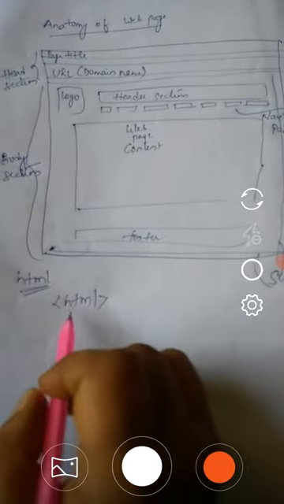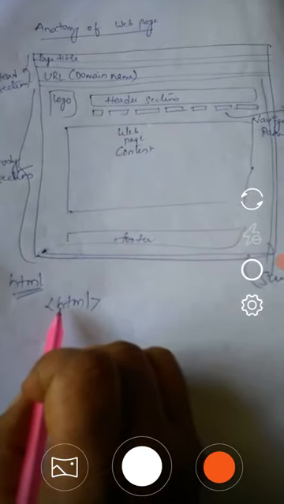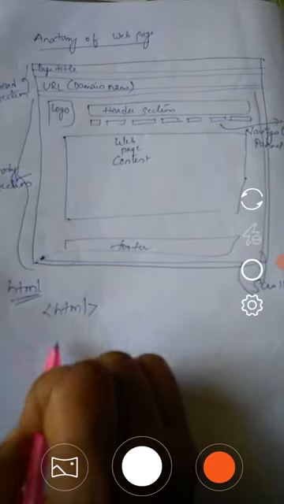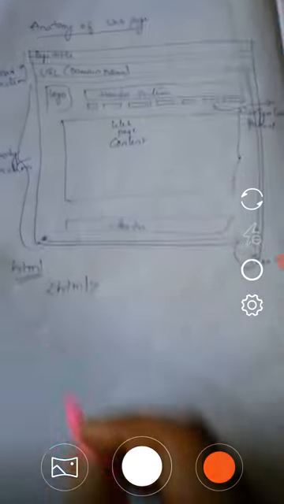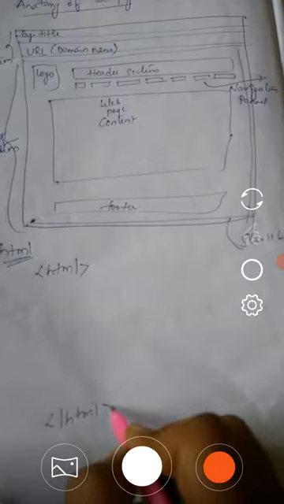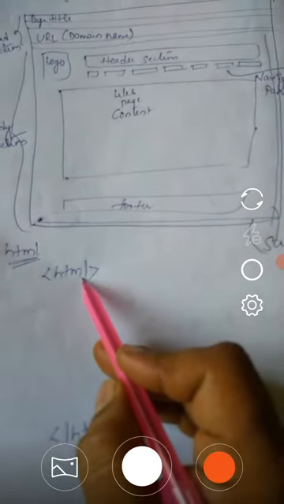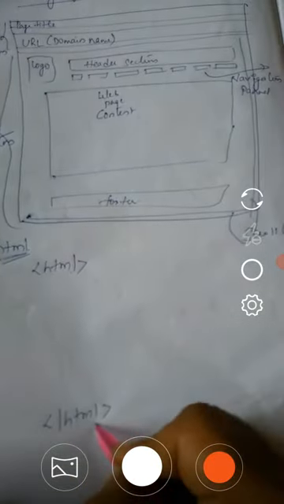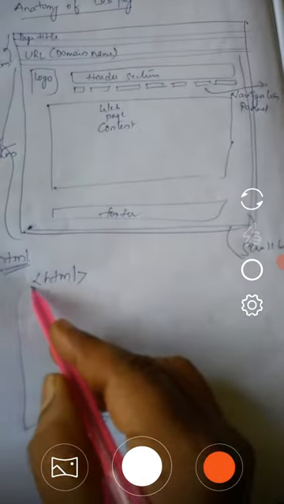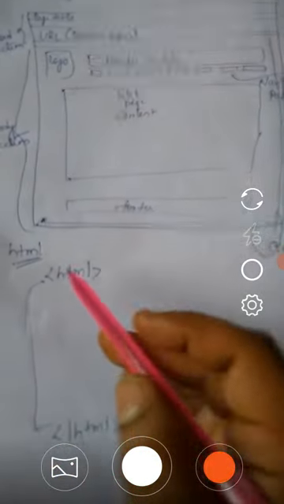So our program must start here. In between HTML tags we have to write our code. Here this is an opening tag and this is a closing tag. In between the opening and closing tags only, you have to write an HTML program for creating a static